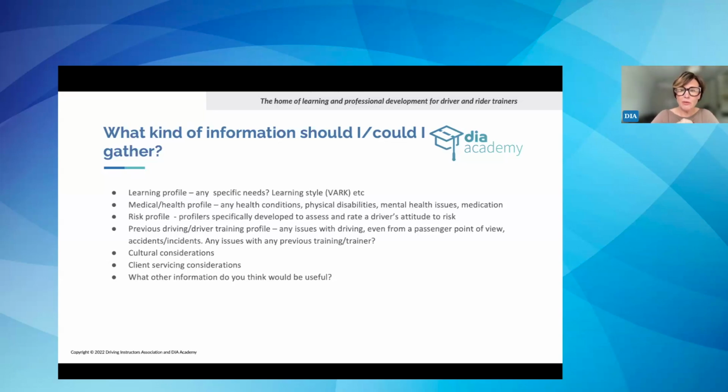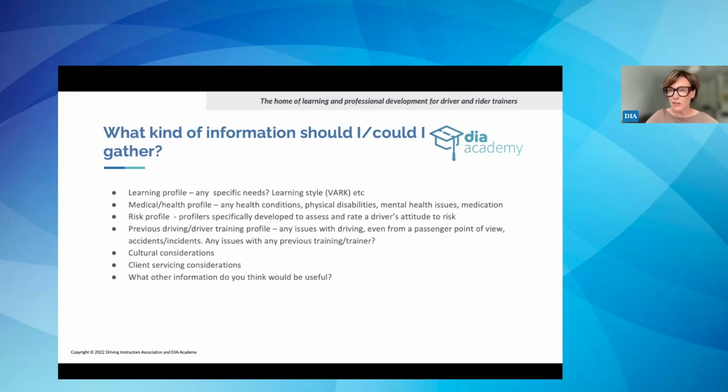Risk profilers out there already exist that will specifically look at driving risk, and they are sophisticated now to the level of type of driver. So there are occupational driver risk profilers, and there are young driver risk profilers out there. Dr. Lisa Dawn, who's very well known in our field, runs a company that offers risk profiles.